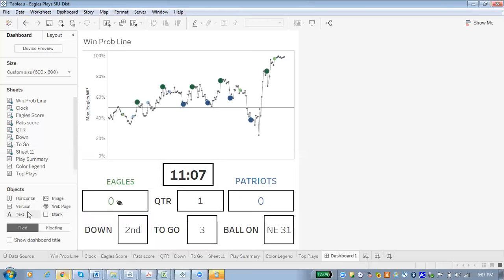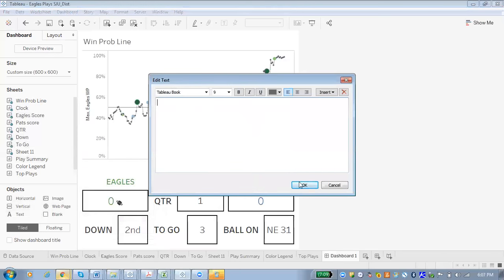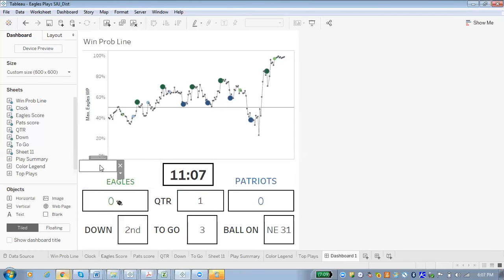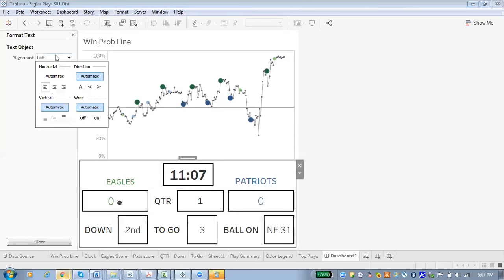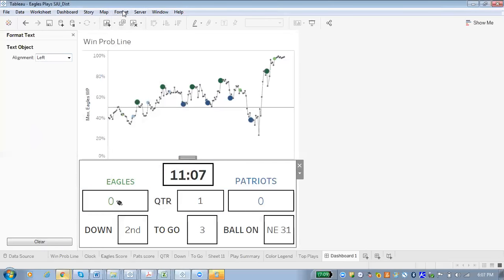So what I'm going to do is hold down Shift and drag a text box out. What that does is put a floating text box up in this corner. I'm going to take this text box and move it across the entire scoreboard like that. And then I'm going to come here and format my text box, drop down arrow. And what